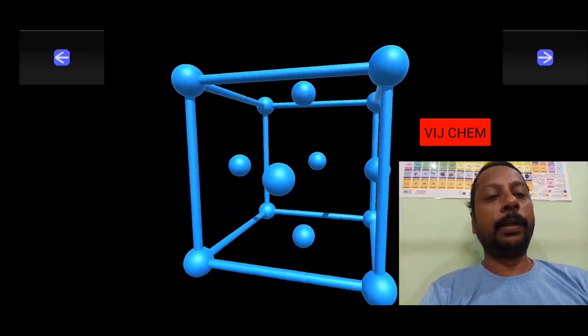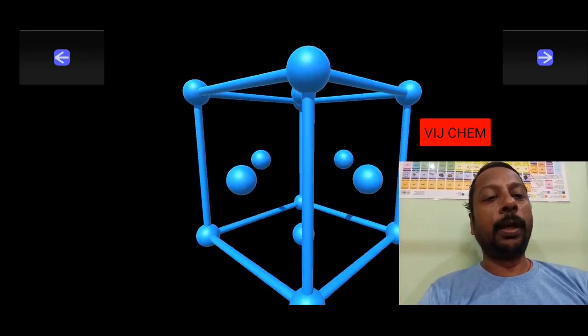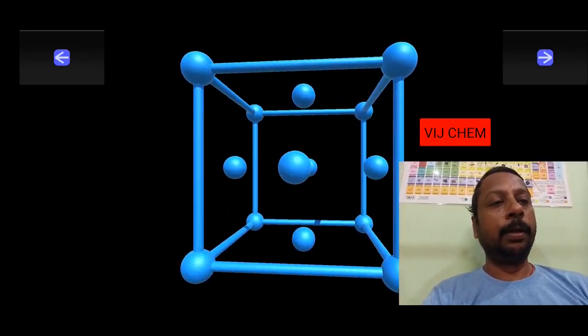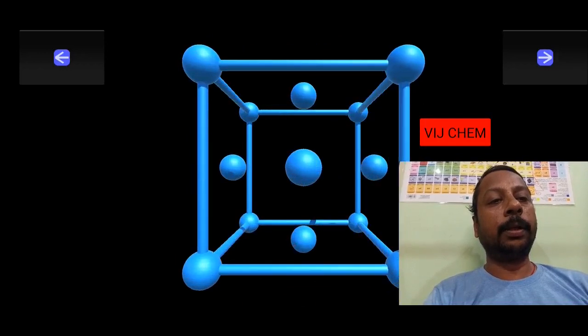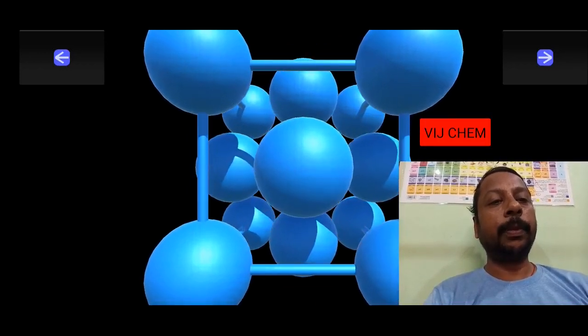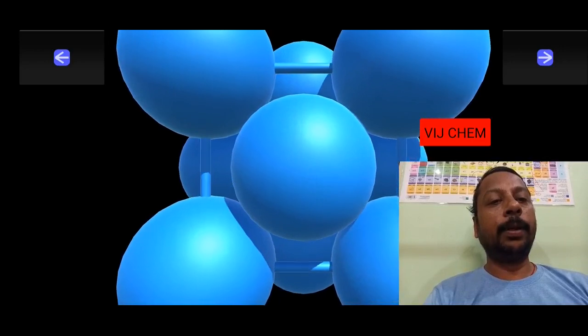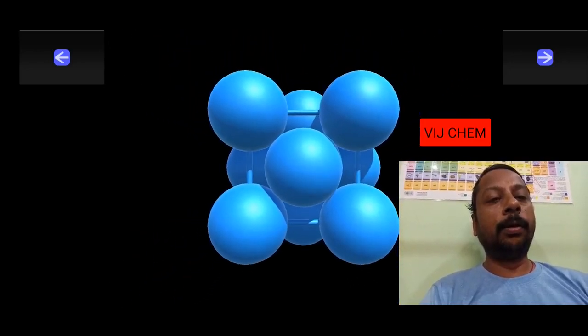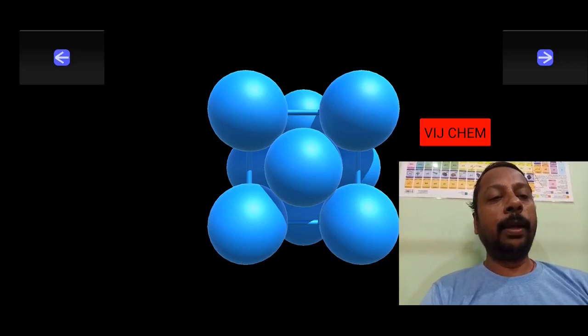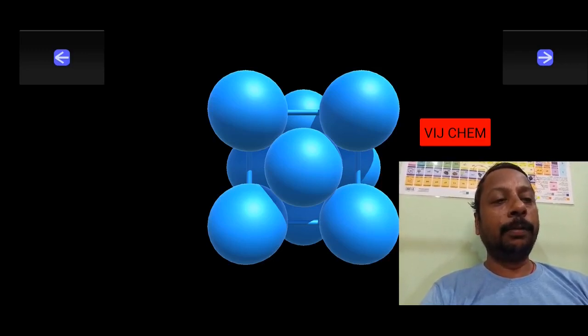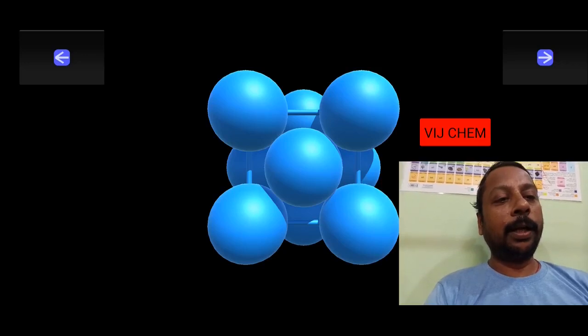This is the face center. This is only to show you clarity, but actually they will not be like this. How will they be? Just see this one. This is the gapless portion. Okay, now you can find there is a gap between the corners, but where the gap is not there is the face diagonal. Face diagonal does not have any gap between them. Why I am specifying this, you will come to know when I ask during the derivation.